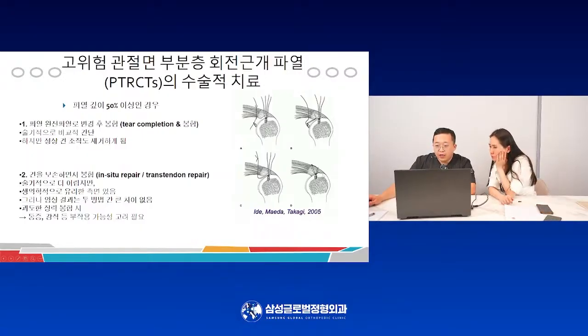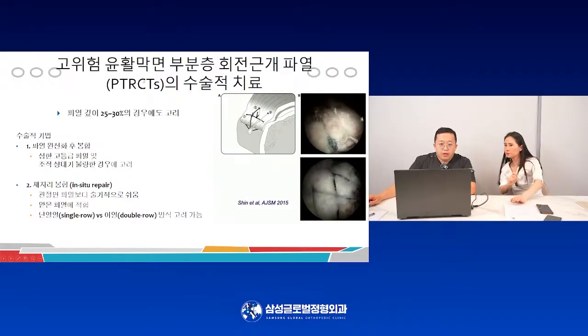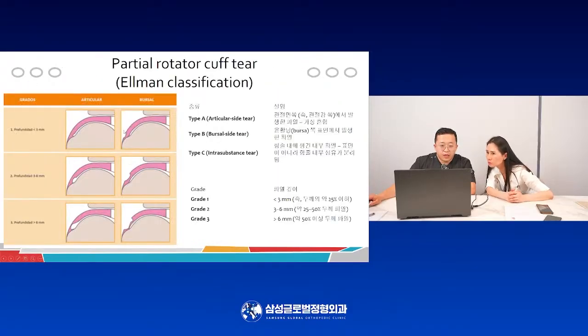As you see on the right side, after surgery, the tendon could be fixed very firmly, okay? So in this way, we can prevent an additional tear site, okay? Also, we have to consider the bursa tear. That means the outer side. As you see, this is a bursa tear, right?